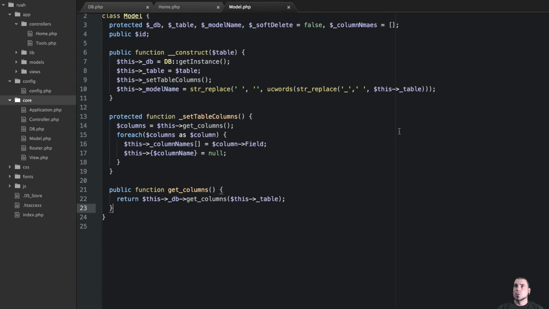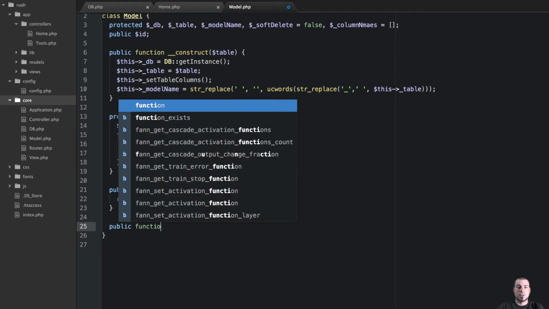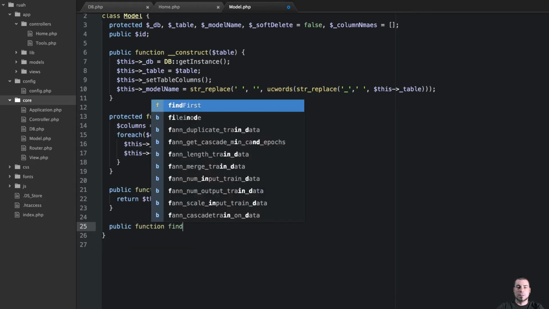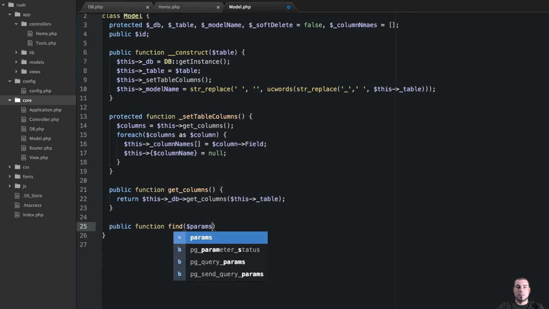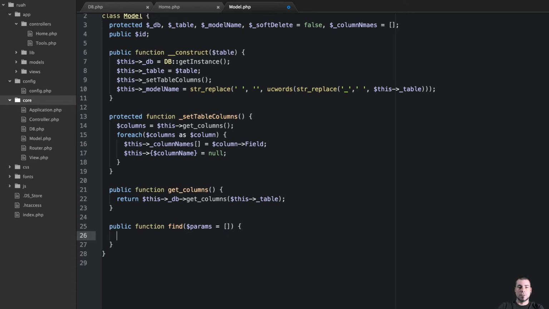Welcome back. In this video we're going to continue our model class, and we're going to jump right in here and start with our find method. So let's create a new public function find, and this is going to need params, and we're going to set this to an empty array by default. And so let's start off by saying results is going to equal an empty array, and then results